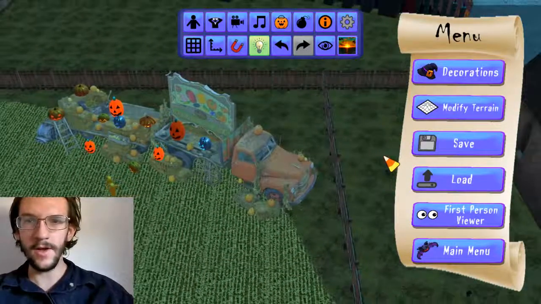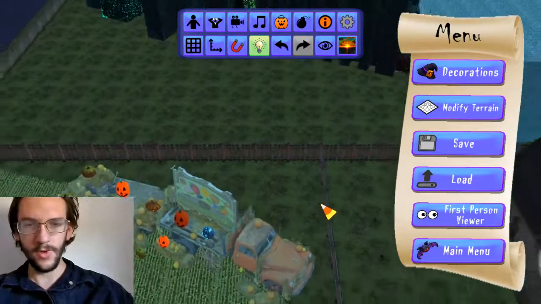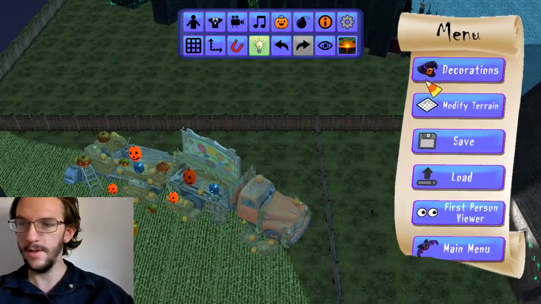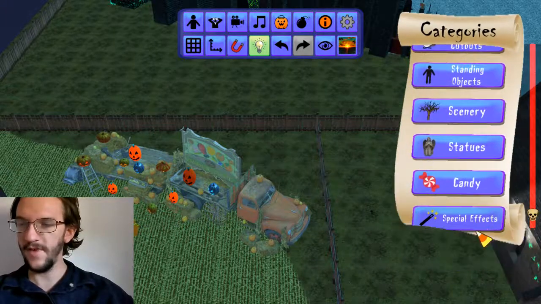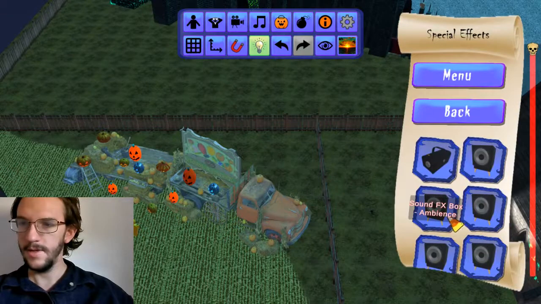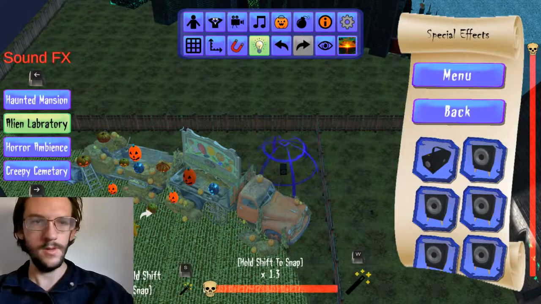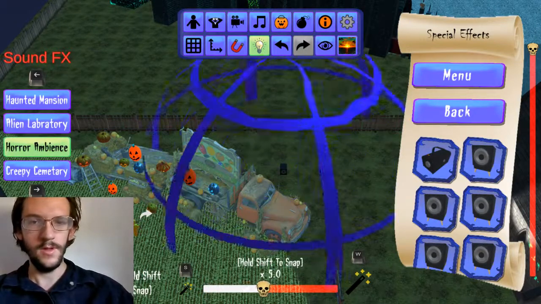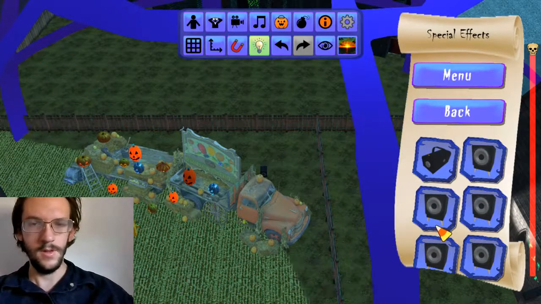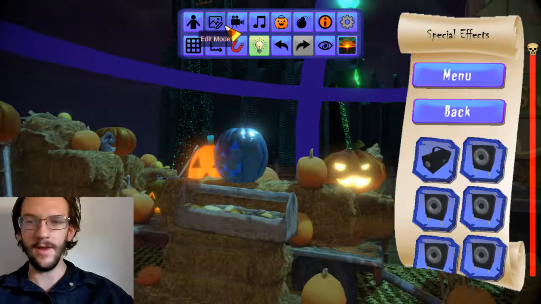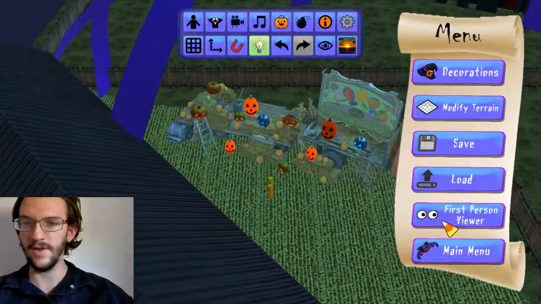Let's add one of the audio boxes just behind the truck here. Bring the terrain just back. Let's go to special effects. Let's go with the ambient box. So now you can see that we're within the audio range. So if we go back and we go to the first person viewer,